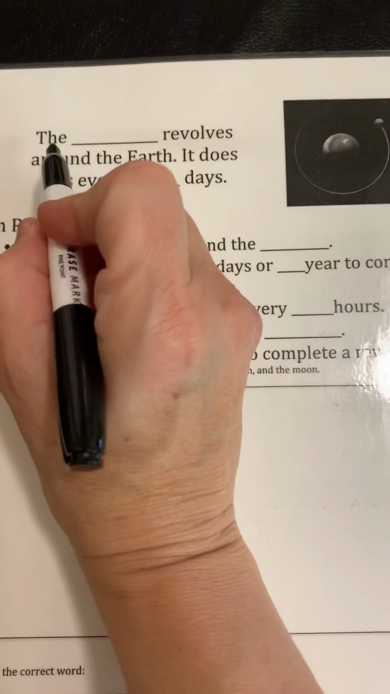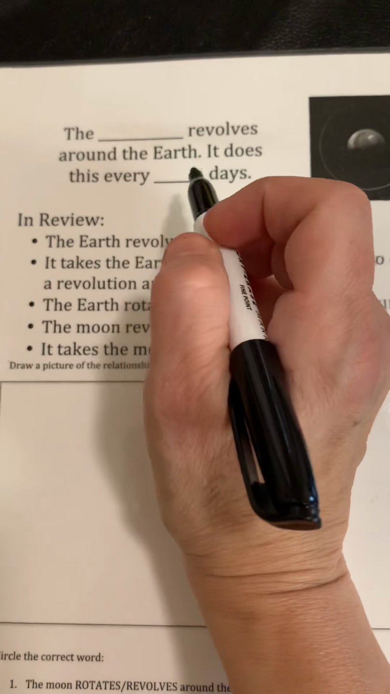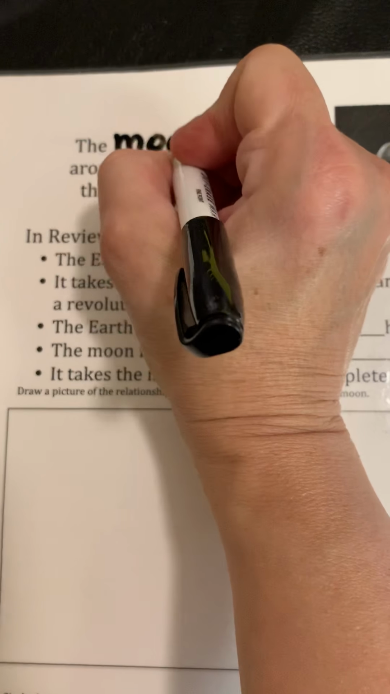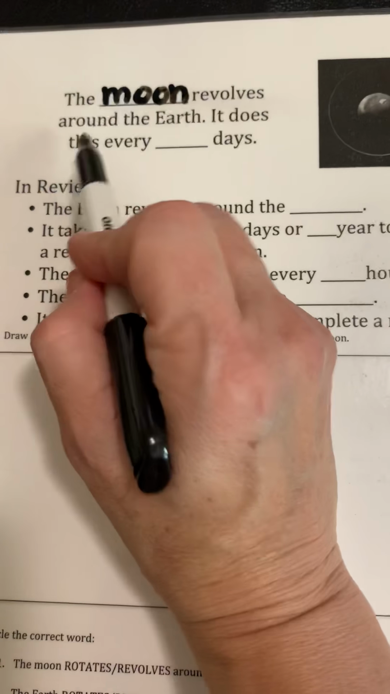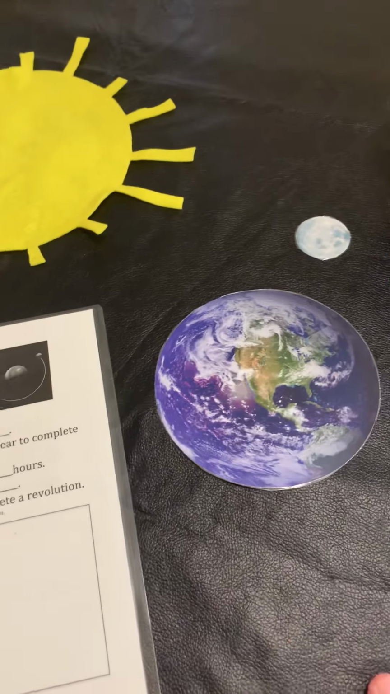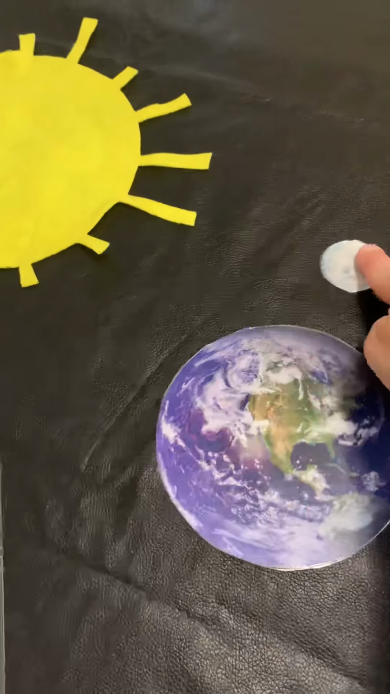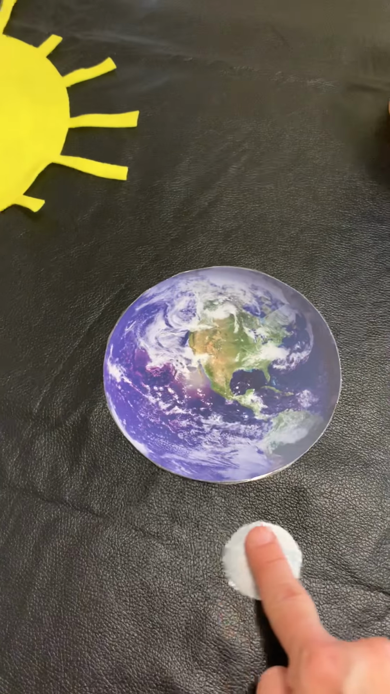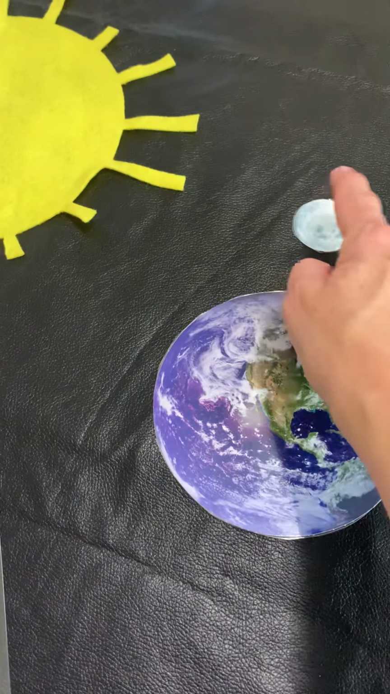So let's read this again. The blank revolves around the earth. The moon. So let's write that: M-O-O-N. It does this, and we haven't talked about this, but it takes approximately 28 Earth days for the moon to make one complete orbit around the Earth. So it takes 28 days for the moon to orbit the Earth,